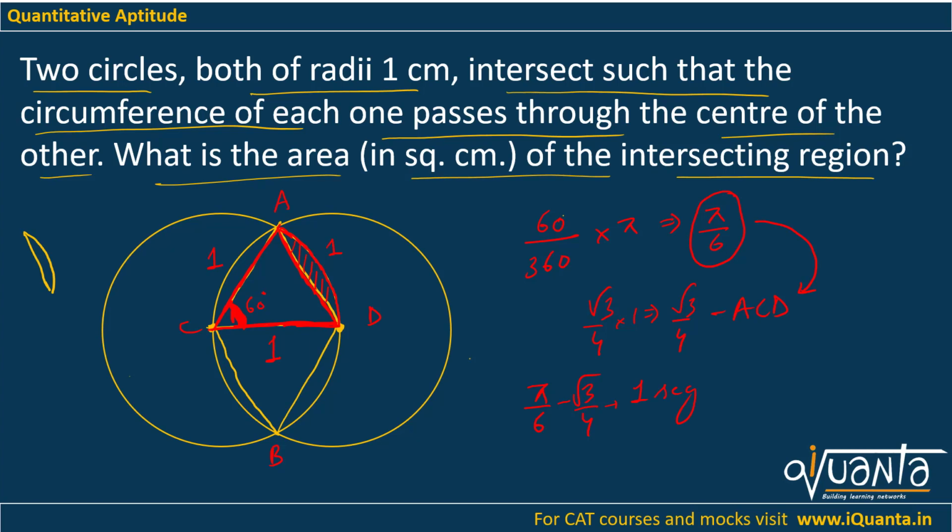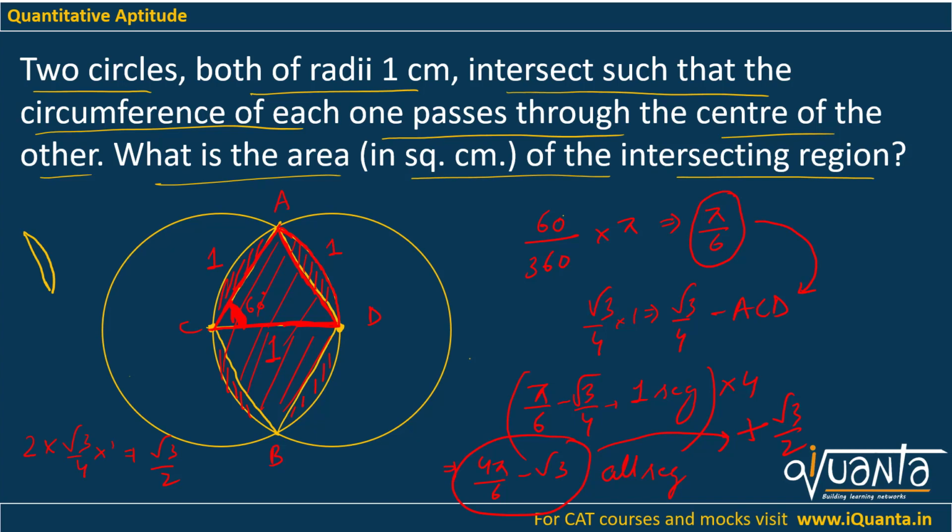I had four such identical segments over here. So to find the area of all the segments, I will multiply this whole thing by 4, which will give me 4 times pi by 6 minus root 3 by 4. I have the area of all segments. Now I need to find the area of these triangles ACD and BCD. So ACD, BCD, we have covered the whole region. There are two such identical equilateral triangles over here, so I'll multiply the area of one equilateral triangle by 2. So 2 into root 3 by 4, since the area of one triangle is root 3 by 4 into 1 square. This gives me root 3 by 2. So to this area of segments, I will add root 3 by 2.